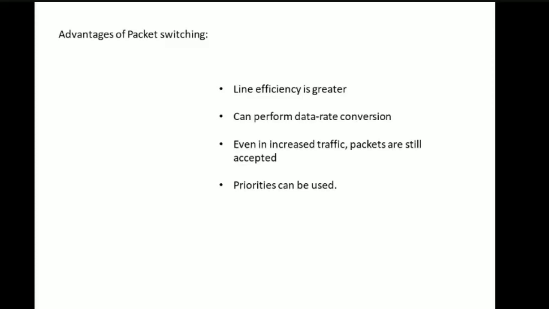The last advantage of packet switching over circuit switching for data connection is priorities. If a node has a number of packets queued for transmission, then among all those packets, that node can transmit the higher priority packets first. There may be very important network packets to be sent at that moment of time. So in packet switching, the node can send the higher priority packets first, thereby enabling priority. The low priority packets will be transferred at some other time. But in circuit switching there is no case where priorities can be used.